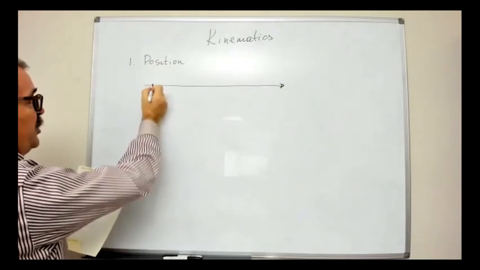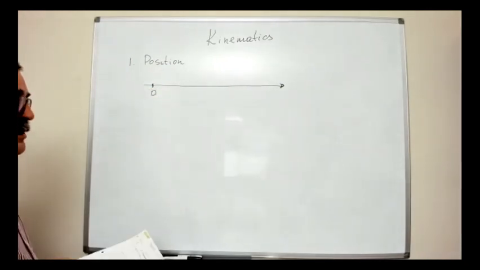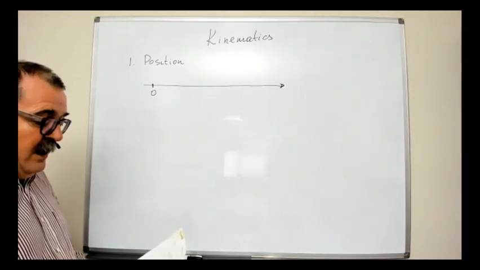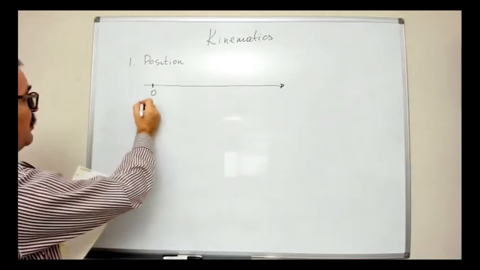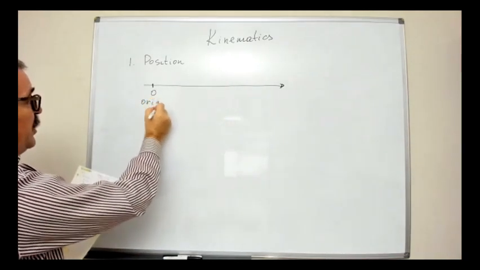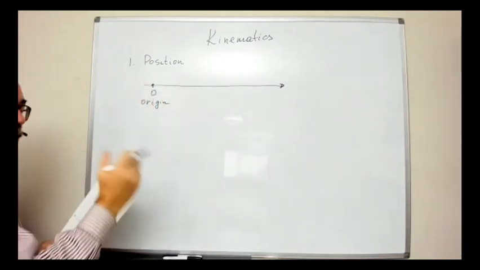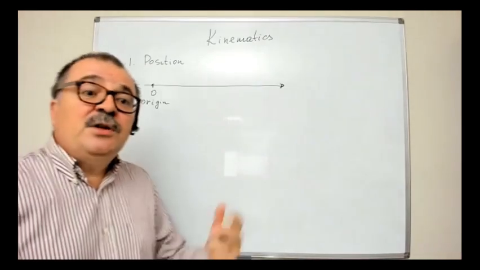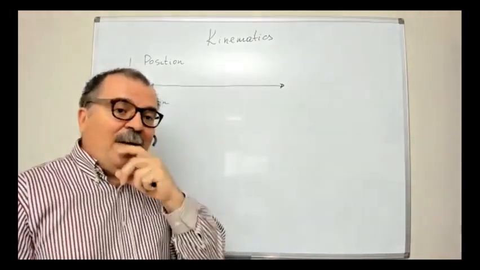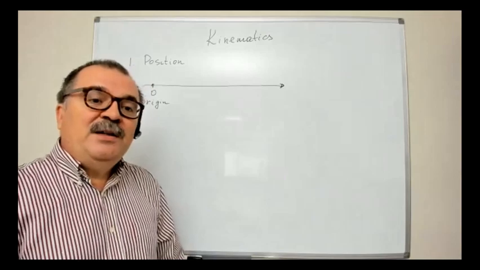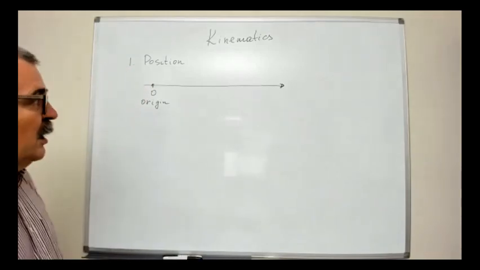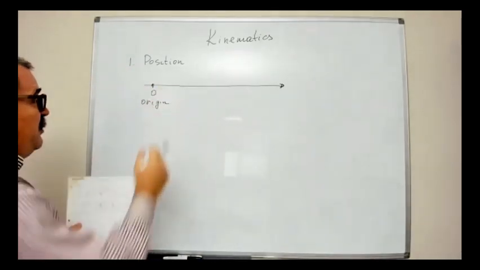So let's say this is my origin, which corresponds to 0. It's the origin of my coordinate system. With respect to this origin, I will describe the position of the object at a particular distance from that origin. A particular position will be measured,